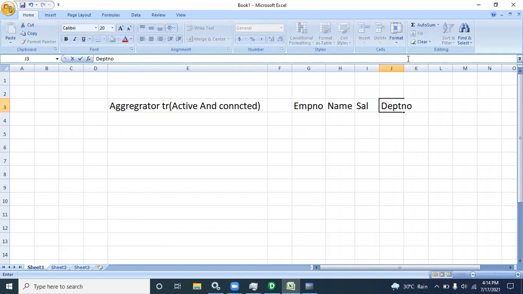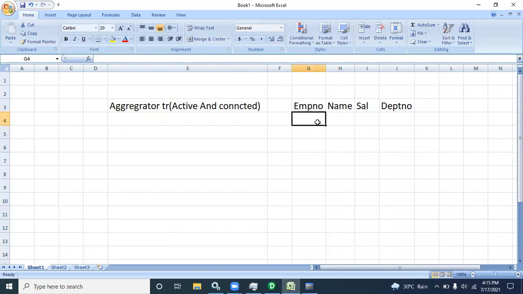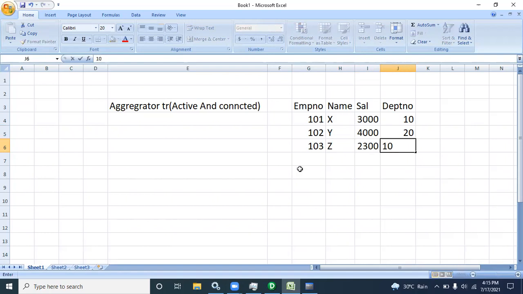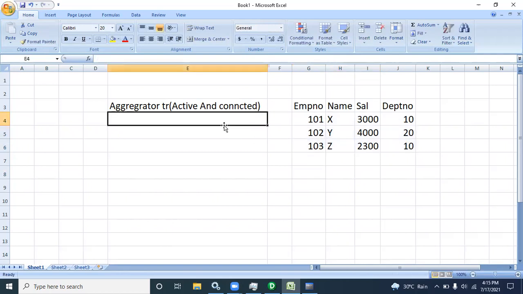These four columns will be there in your source. 101 X, salary 3,000, department 10; 102 Y, 4,000; 103 Z, 2,300, department 10. Like this type of record will be there in your source.